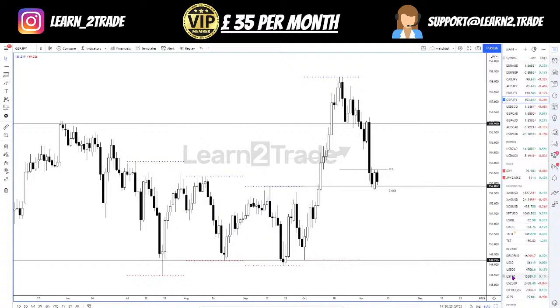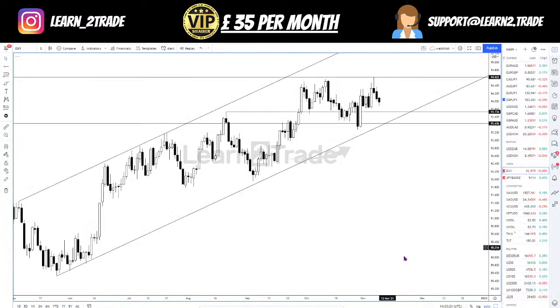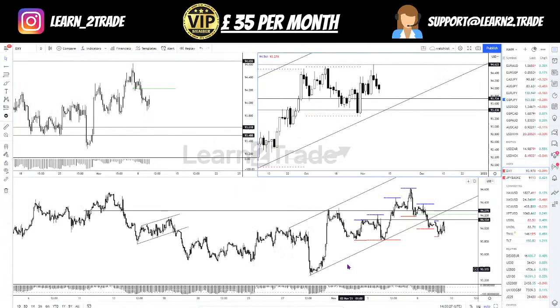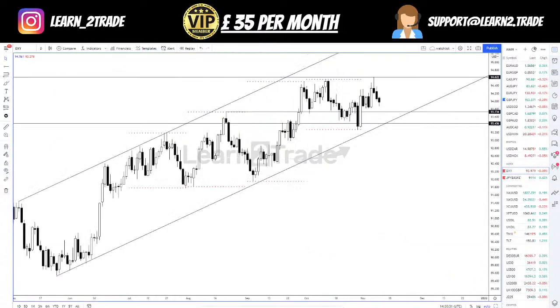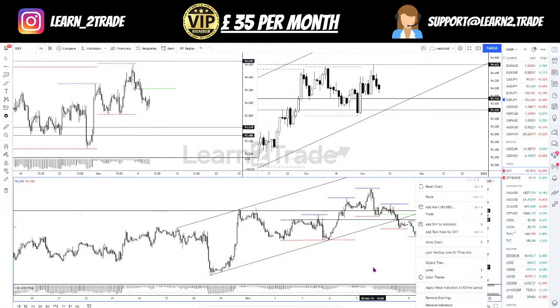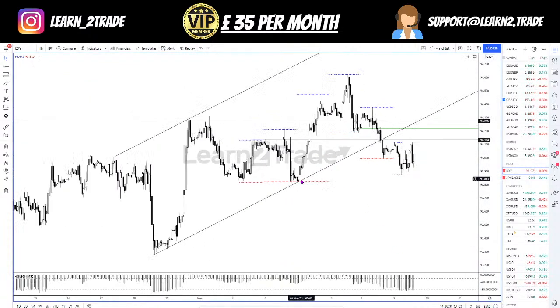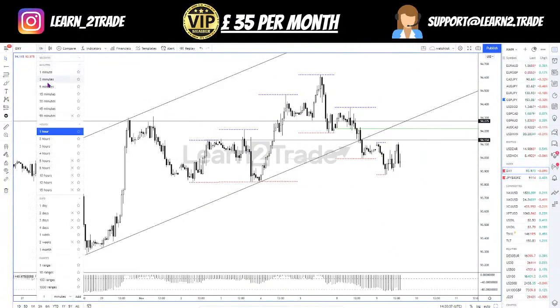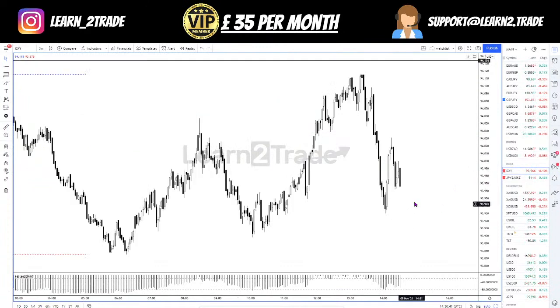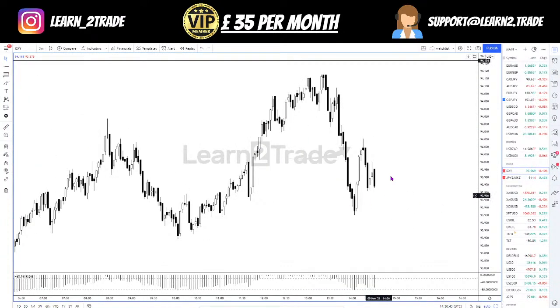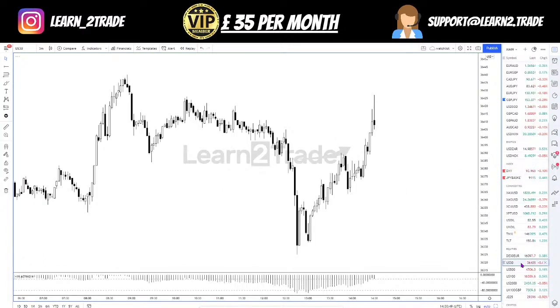Hold on, the market just opened. Let's just have a look at how the US dollar is trading at the open and equities too. And then I'm going to come back to the pound yen and the pound US dollar. So this is the hourly chart. As always, let's go to the 3-minute chart just to have a look at how the volume at the open is doing. Let's have a look at equities too.